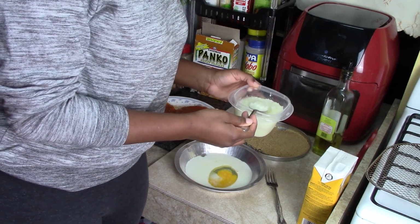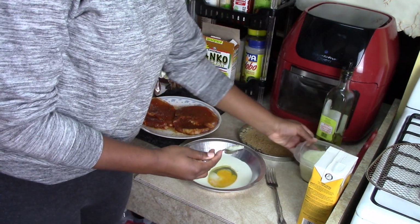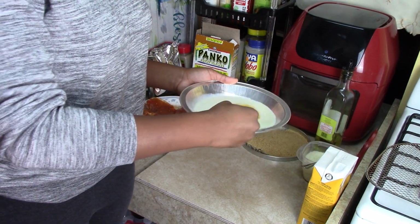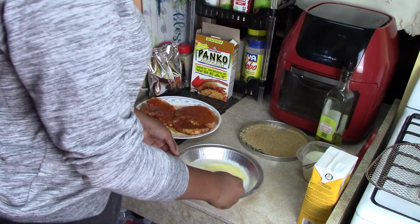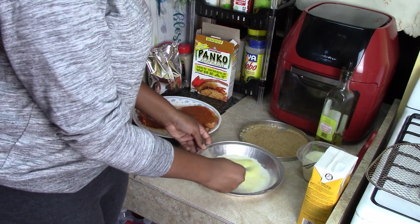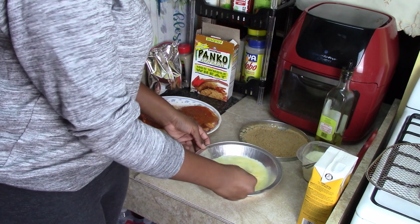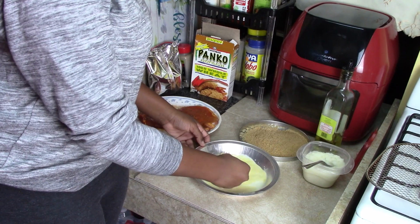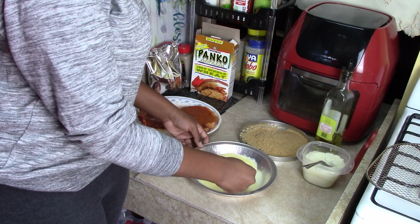Show them that before you put it in. Okay. So I'm going to drop that in there. And then I'm going to just whisk it like I'm scrambling eggs. Push it back so they can see. Do you guys see that? So you just kind of take the fork and...